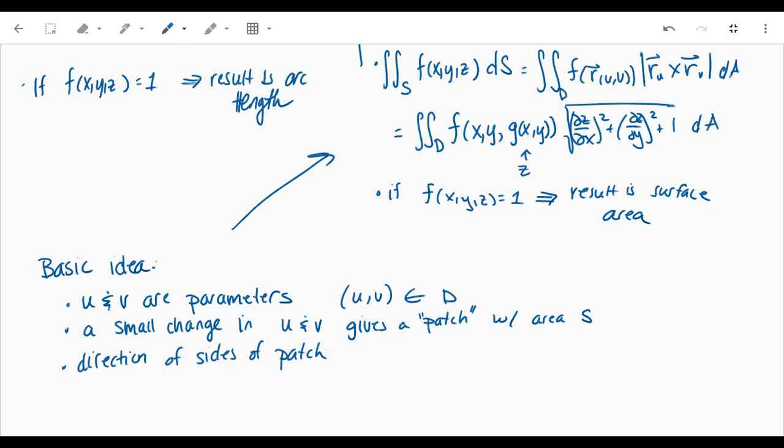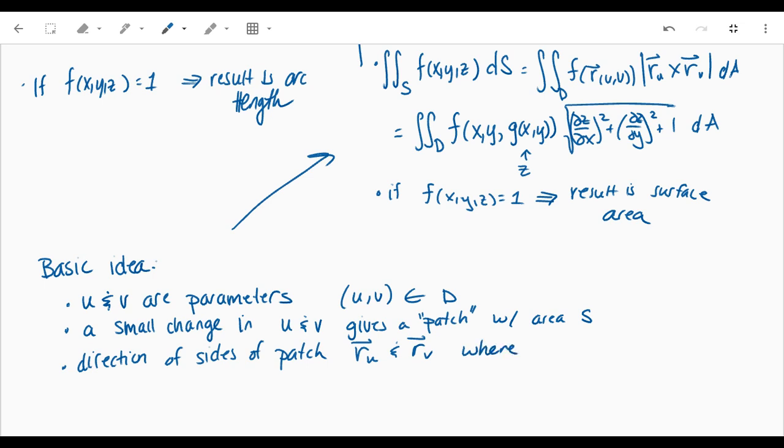So not necessarily square, not necessarily right angles. Because again, U and V, it's almost like that change of coordinates that we did previously in chapter 12, where it's not necessarily a rectangle that brings you to a rectangle. It could be some other kind of shaped surface. But the directions of the sides of the patch are RU and RV. These are vectors, so they're direction vectors,